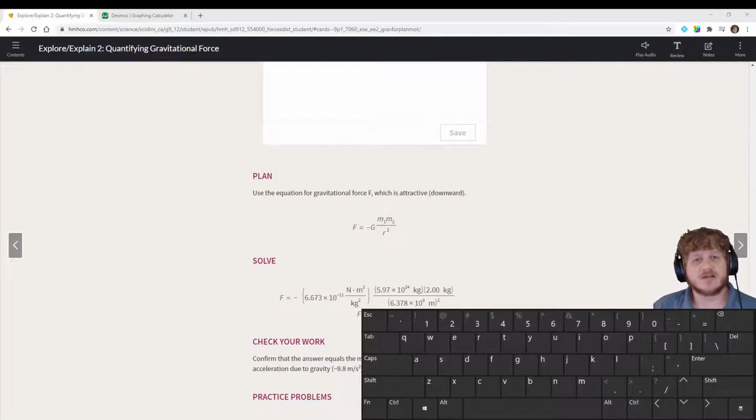Hey everyone, Dan here, just to show you and go over how to make a calculation tool for solving Newton's law of universal gravitation, which is this equation right here: F equals negative G m1 m2 over r squared. And so today what we're going to be doing is, in Desmos, creating our own tool to be able to solve for the various components of this equation,